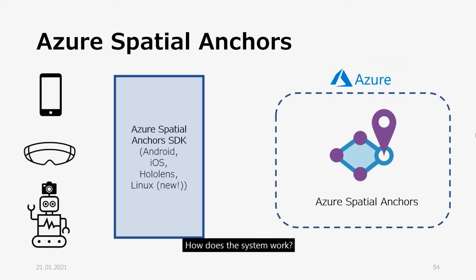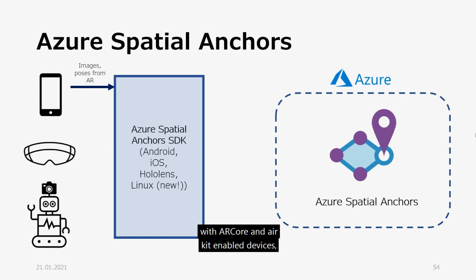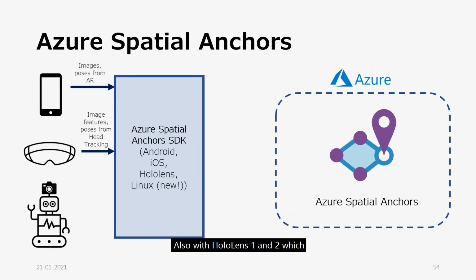How does the system work? We'll talk a little bit about specifically Azure Spatial Anchors and how you can use it in your work. At release, Azure Spatial Anchors worked with ARCore and ARKit enabled devices, so iPhone or Android phones, which took the images and poses from the AR framework. Also with HoloLens 1 and 2, which in that case takes image features and poses directly from the head